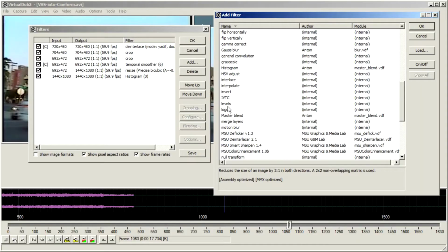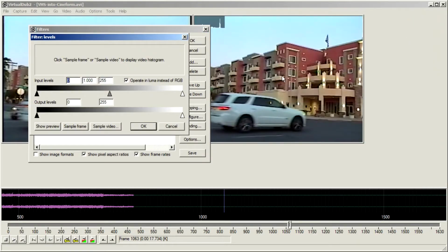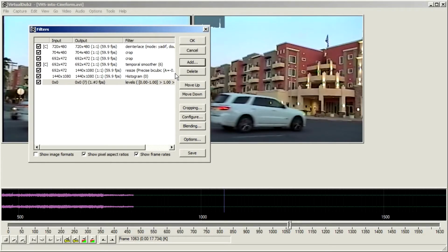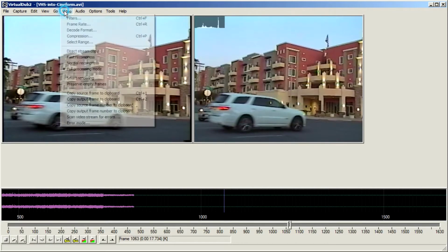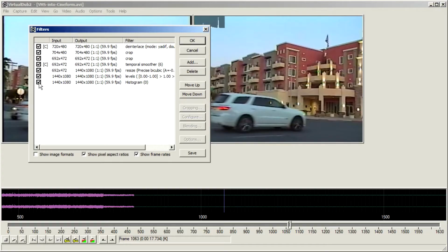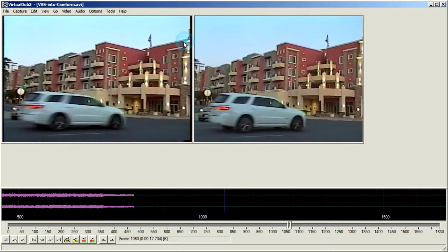To do this, I'm going to add Levels filter and remap 0 level to 16 and 255 to 235. Put it above histogram and verify histogram again. You should have some unused space on the left and on the right of the graph. Turn histogram off or just remove it from filter list, it is not needed anymore.